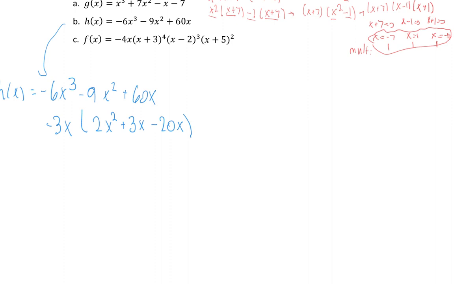Now, what I can do is try and factor that. That might be a little tricky with this 2 in front. Or I can just figure out what the factors should be using my quadratic formula. So the quadratic formula, if you don't remember, is negative b plus or minus square root b squared minus 4ac all over 2a. So our negative b is going to be negative 3 plus or minus square root of 3 squared minus 4 times 2 times negative